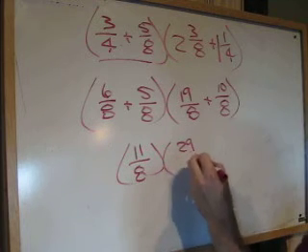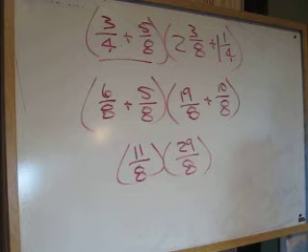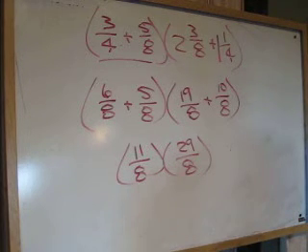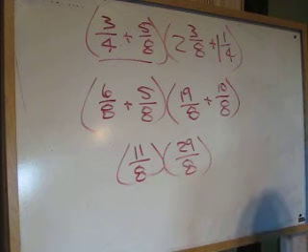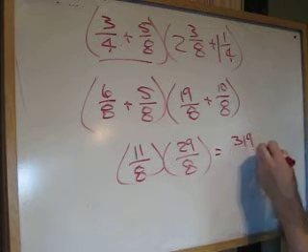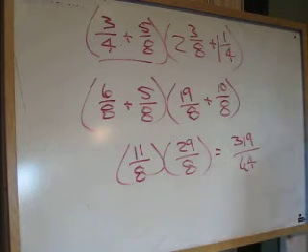times 29 over 8. And if we could, we would change these to prime factors and cancel what we could, but in this case we can't do that, so we just have to multiply out. So 11 times 29 ends up being 319, and 8 times 8 is 64,